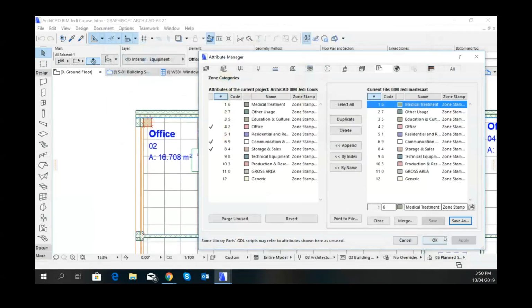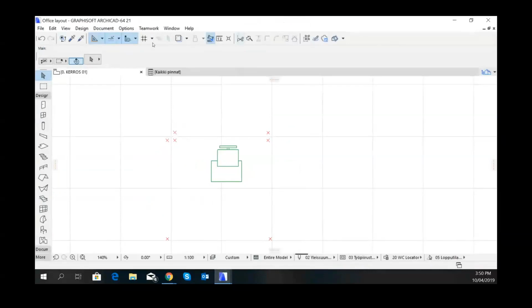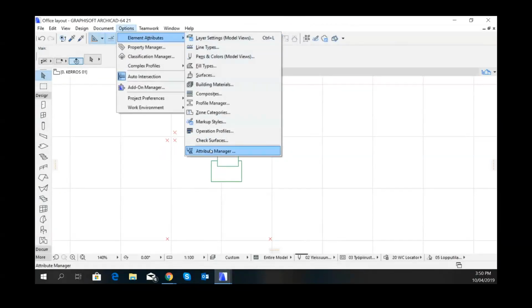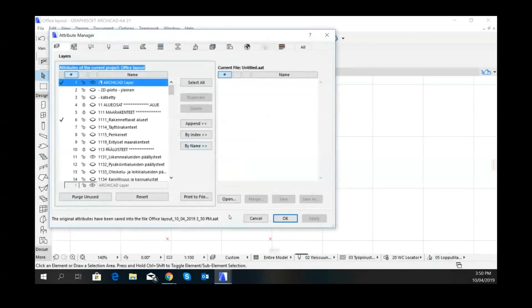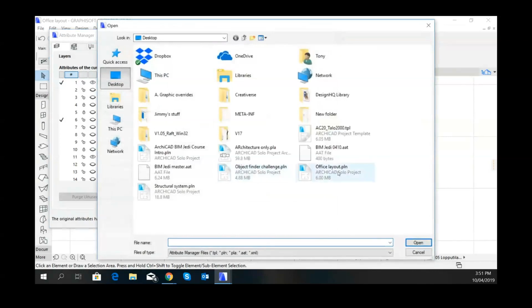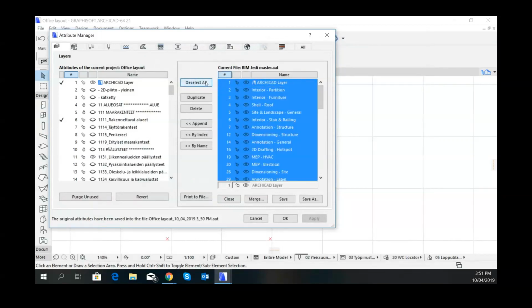And then you've got that sitting there for whenever you create a new hotlink or another file that you're going to link up to your master file working on that project, so that you can then quickly go into the new file, attributes manager, and bring all of those attributes in as a whole. So if we go now, open, what do I call it, BIM Jedi Master. So now you'll see that this screen here fills up with everything. So if we go select all and then push it across here by index, it will push anything that's